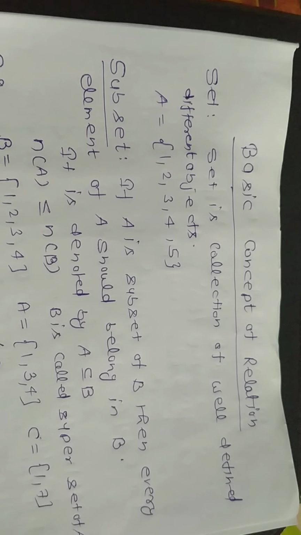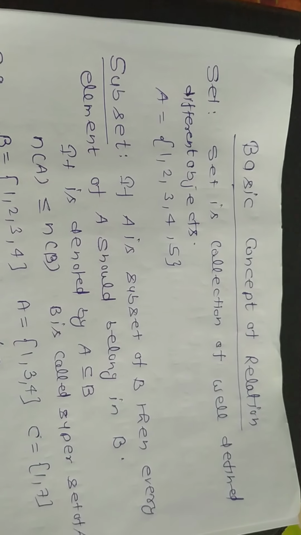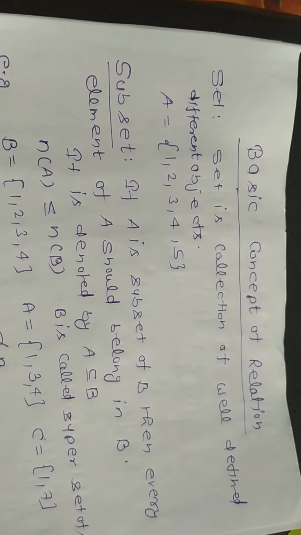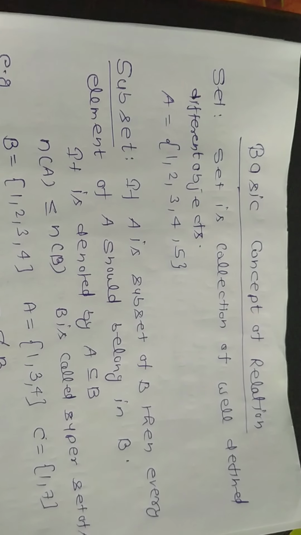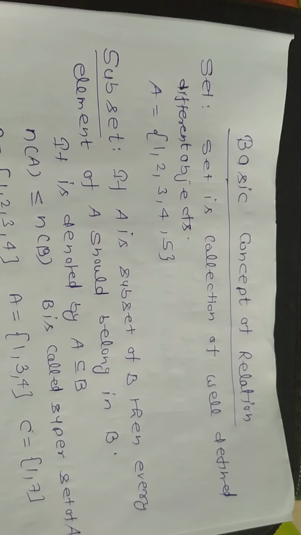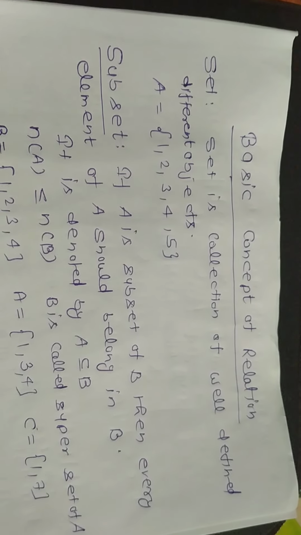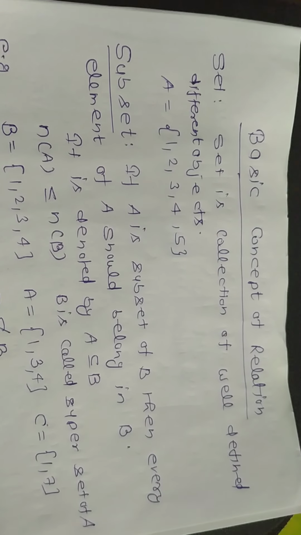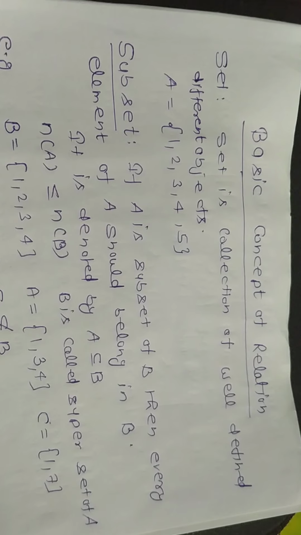I have written a set. Elements of set are 1, 2, 3, 4, 5. We will enclose the elements in this type of curly brackets. Well defined is very important. For example, if set of most dangerous animal of the world, it is not a set because most dangerous animal is not a well defined word.